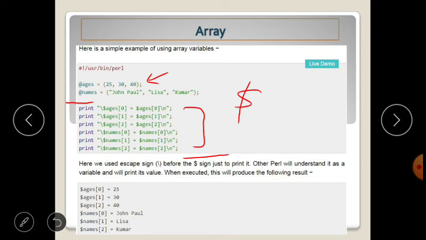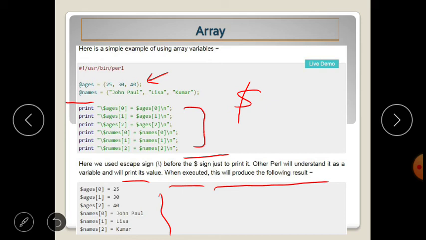Otherwise Perl will understand it as a variable and will print its value. When executed, this will produce the following result. We write the escape sign before the $ to inform Perl that it is not a variable, otherwise it will print its value.